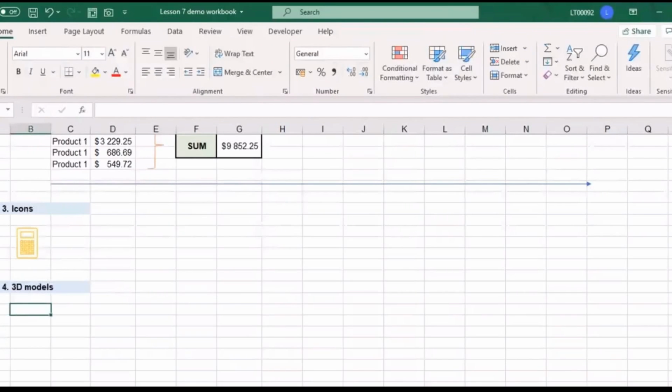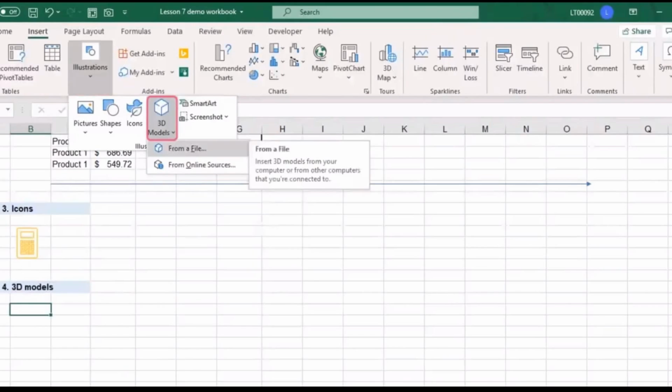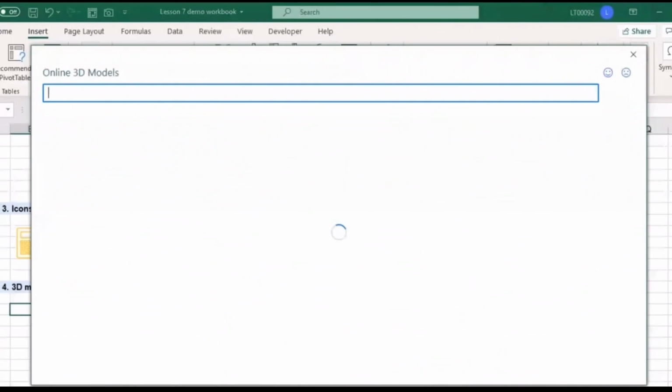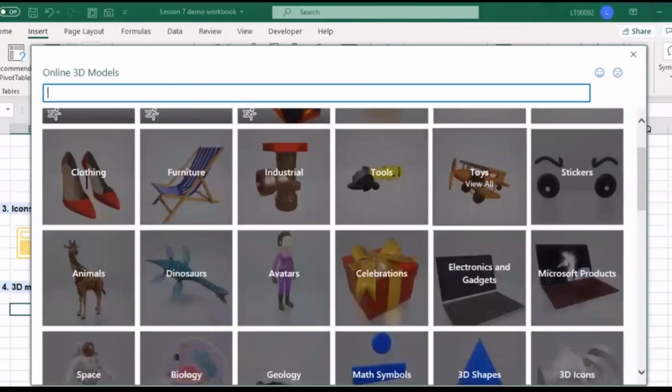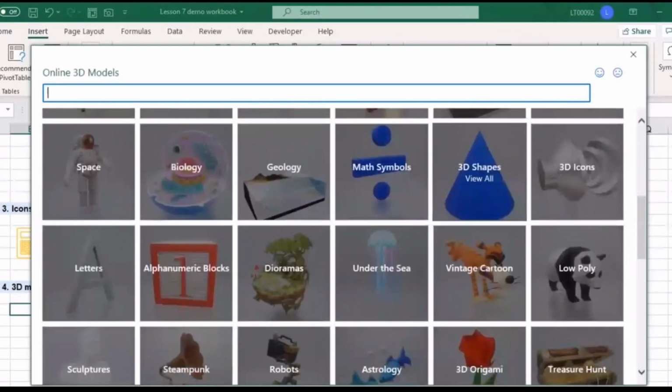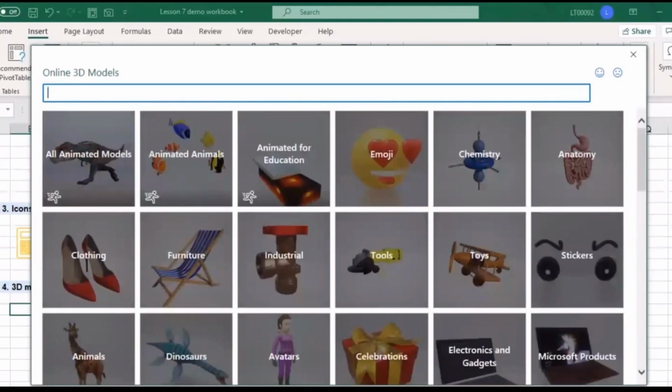Now, to add something extra to your spreadsheets, you can add 3D models. You can also load them from your local machine or search for them from online sources. You will see there are many categories to choose from if you need some inspiration. Where 3D models may be useful is if you're perhaps selling watches and you want to send a price list